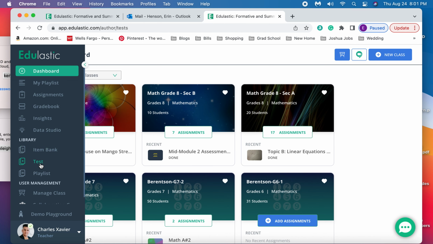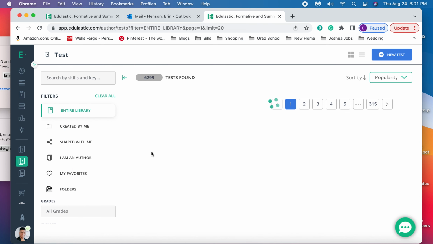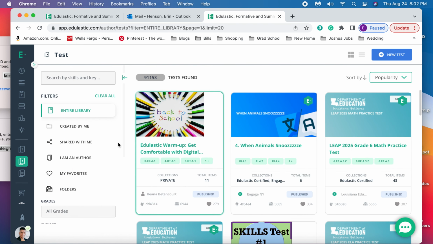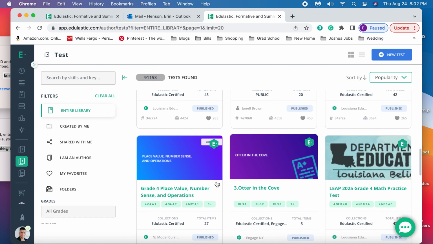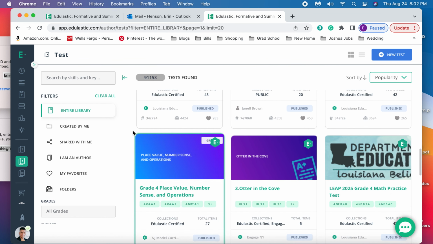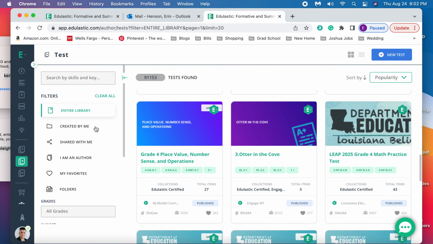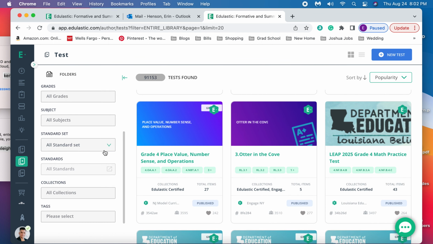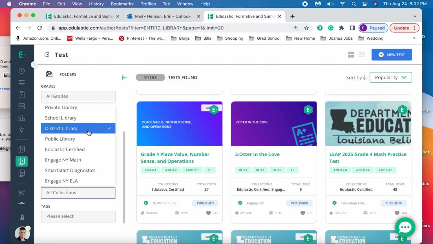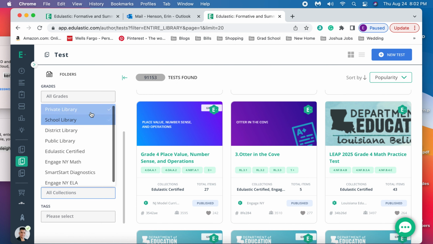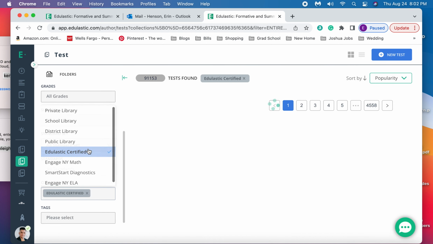So if you wanted to build a test, you just click on Test over here. And of course, it's going to bring up everything. You could use tests that have already been made. There's all sorts of stuff here. On this taskbar, you can scroll down and there are ways to filter this. So I might go to collections of questions. If our district were to purchase a library, or as we build a library of questions, you can have your own personal library of questions. I'm going to click Edulastic Certified